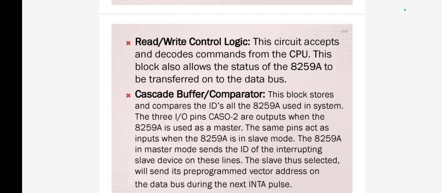Read-write control logic circuit accepts and decodes commands from the microprocessor. This block